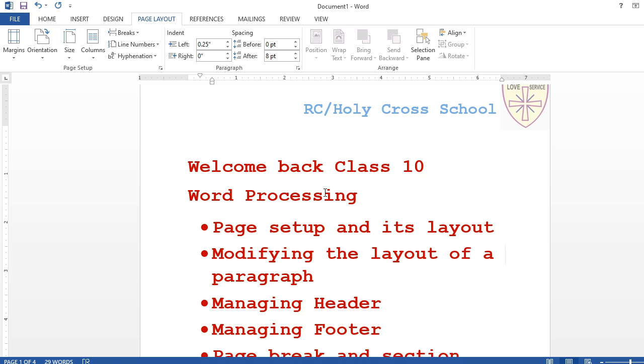So in that A4 size page, what to print, where to print, what the area is, all this you have to define. So the very first thing you do when you take a plain page is check out the page setup. Page setup is from here, understand? This is your page setup.